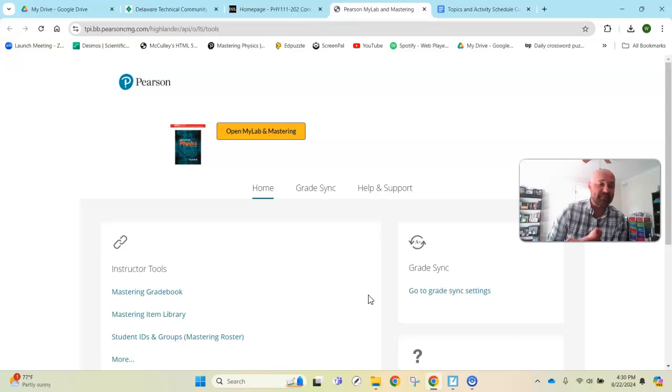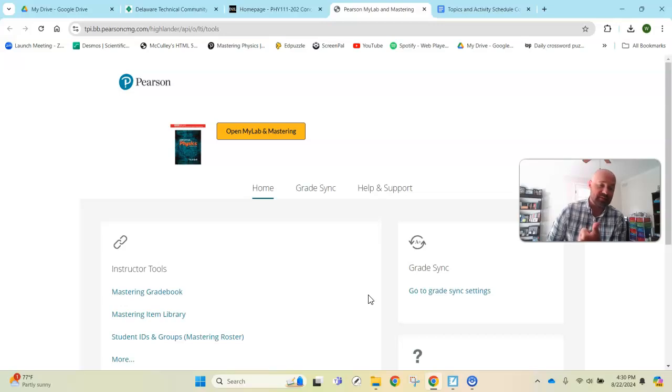The bookstore is expensive, or more expensive than maybe what you can find if you go through Amazon or another resource. But you need to make sure that the book that you're getting has an access code for Mastering Physics. If you don't do that, then you won't be able to join Mastering Physics, and it won't be helpful. Buying a physical textbook might be helpful if you like reading the book, but it's not going to let you do the homework. So make sure that you